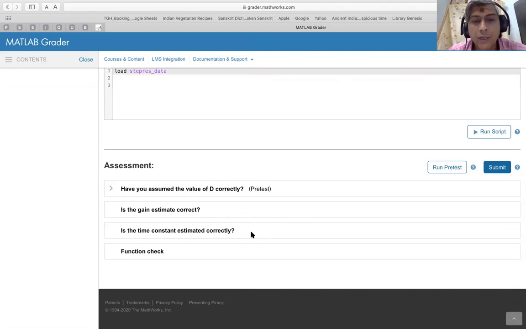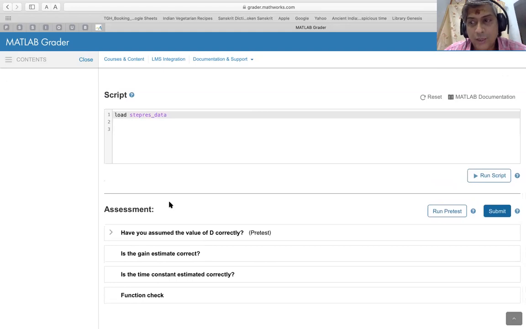Is the time constant being estimated correctly, which is denoted by tau? And then we have an assessment to check the usage of the function LSQ curve fit. Earlier, in the earlier example, we prohibited the use of built-in functions and loops. The problem is the flipped one here. We are making it mandatory that LSQ curve fit should be used. So the user goes through all of this and then sees what the score is, right?